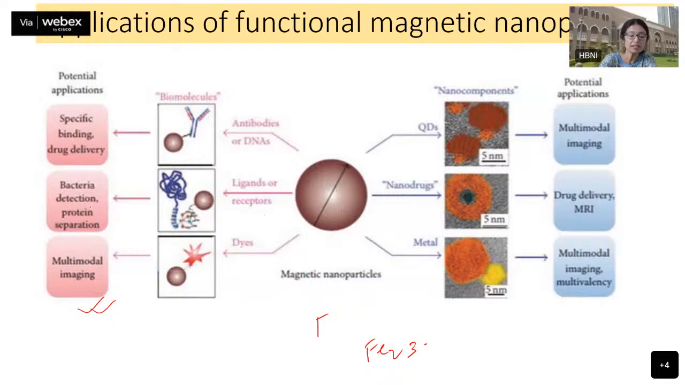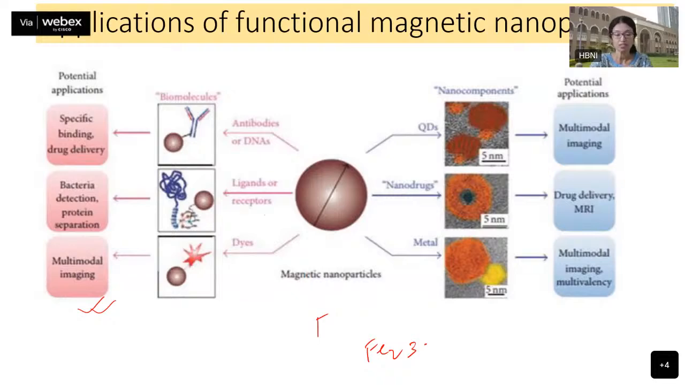So these are bacteria detection, protein separation. For all these kinds of applications, you can have a magnetic nanoparticle in which you have some ligands or receptors attached. On the magnetic nanoparticle, you will have some functional groups. On those functional groups, you will put in these ligands and receptors. And once this nanoparticle is ready, then you can use it for the detection of bacteria, for protein separation, and